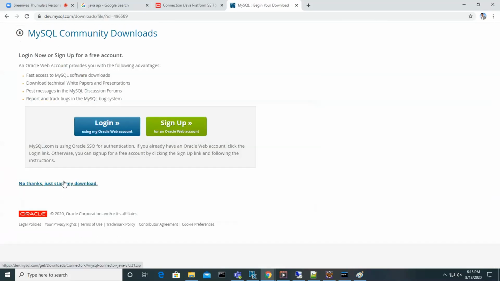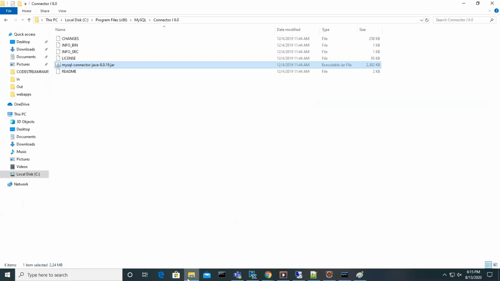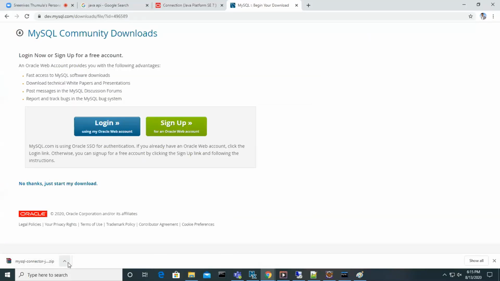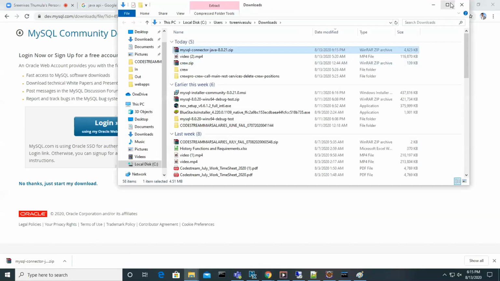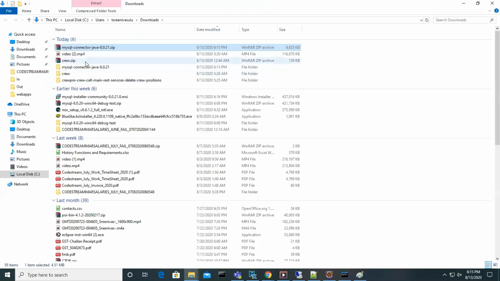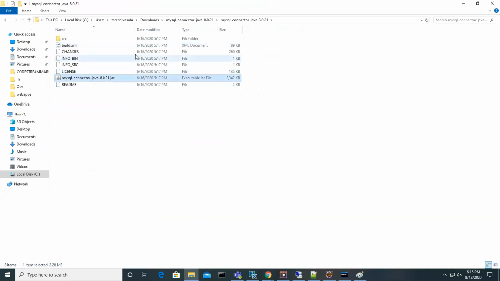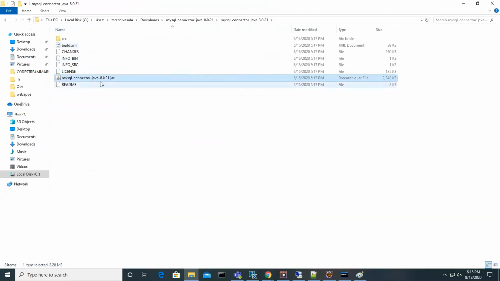When you download, you will get one zip file. Even if you don't find it in your installation directory, you can download it like this also, guys. That's the reason I'm showing this way also. Click on install and extract it, and we will get one jar file, I mean zip file. Are you getting the same thing or not? Same thing. Yes, sir.